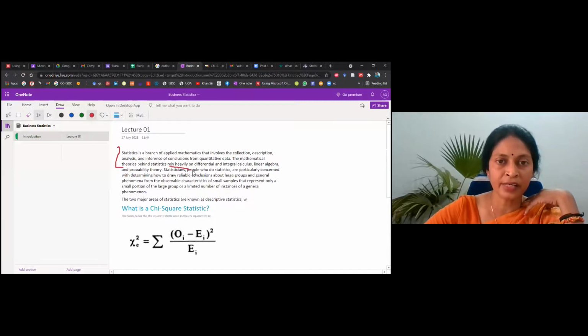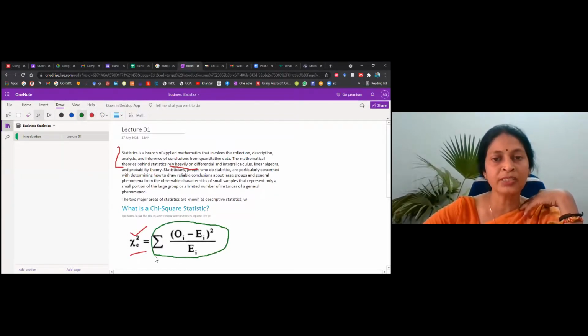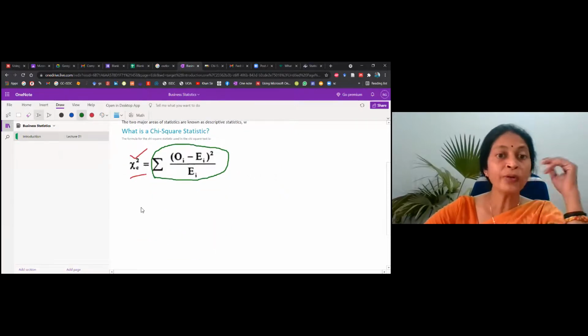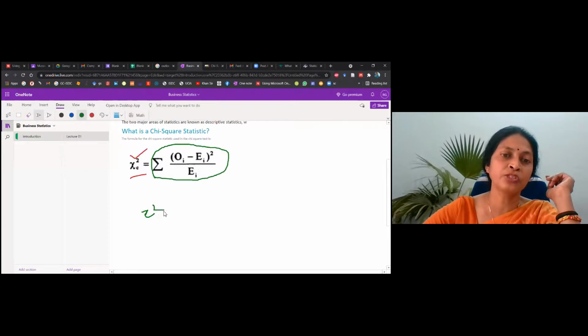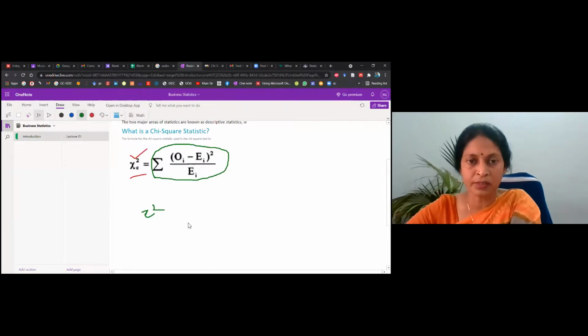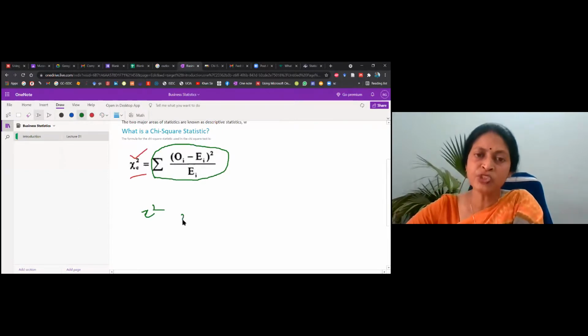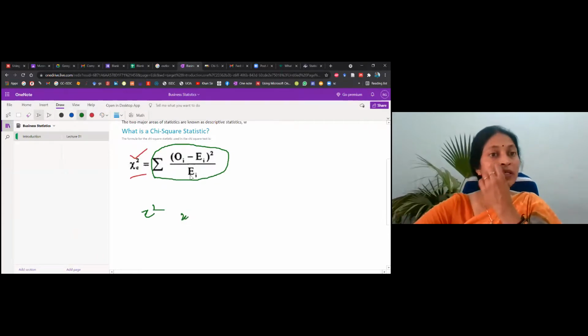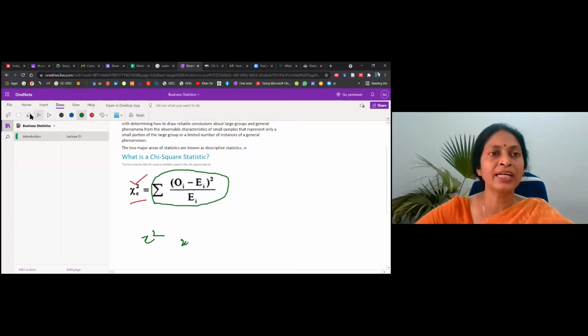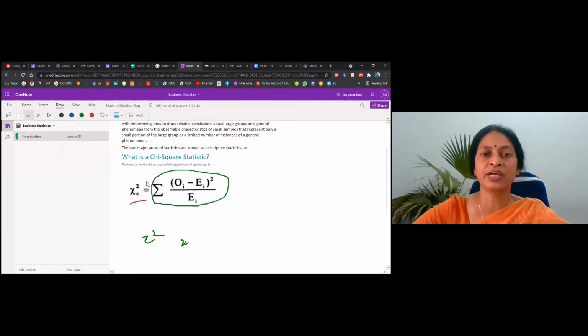This relies heavily on this. Now, if you're talking about X squared, I can keep on changing the color so that it becomes more relevant for the students to understand the topic. See, if you want to explain something, or give them examples, you can write it. I'm not able to write because it is difficult, but once you have a writing device with you, you can easily do it. You can also clear whatever annotations you make.